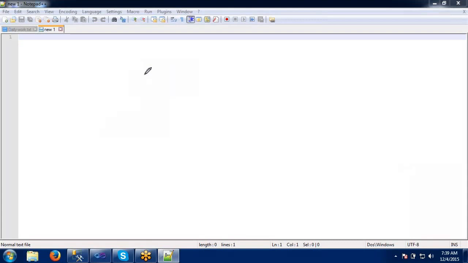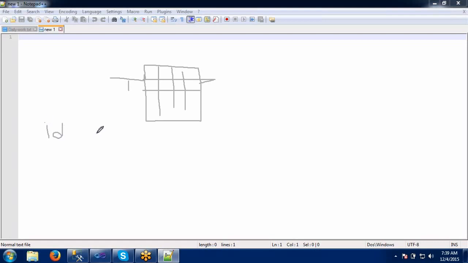Okay, let's say I'm having one table here. This is my table actually. In this table, I'm having three columns: ID, some quarter, and some amount.